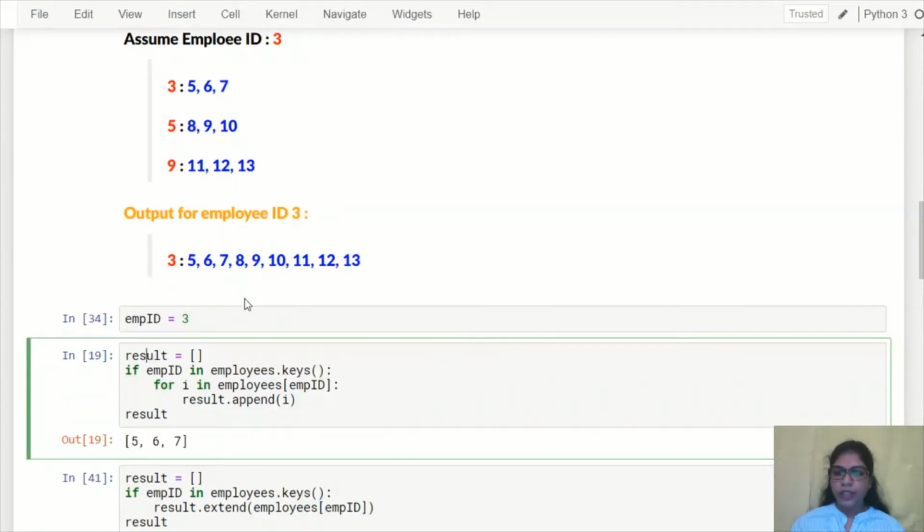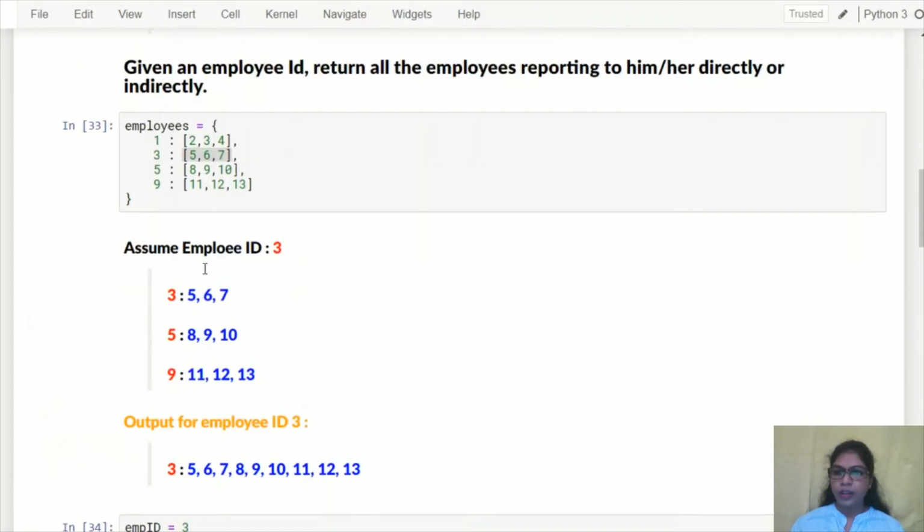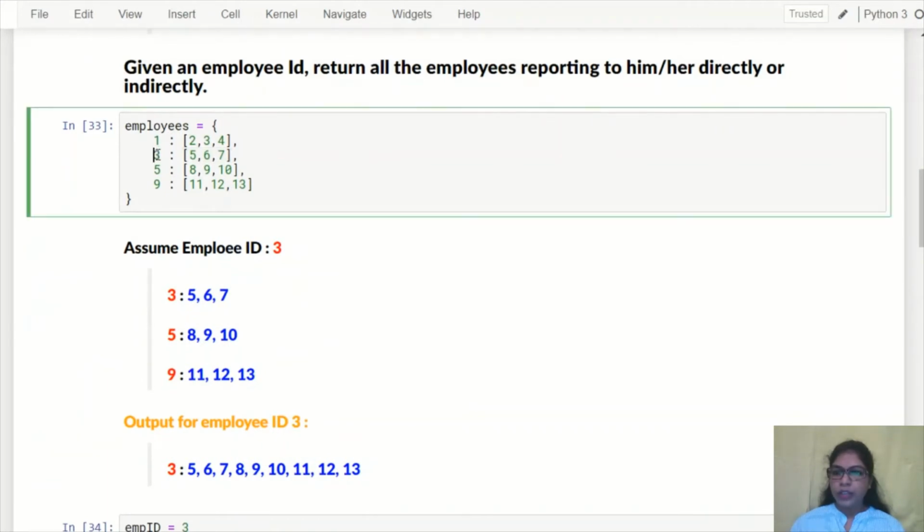So here we will consider 3 as our input. We assign 3 to the variable employee ID. The output will be in the form of a list, so result is a list, which is empty at first. Then we check whether that particular ID is present as a key or not. In our data dictionary, 3 is a key. If 3 is a key, then we fetch its associated value.